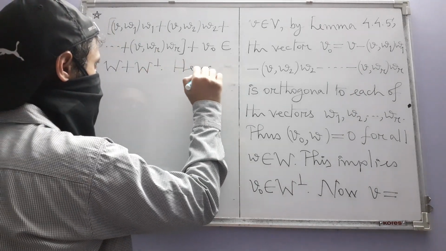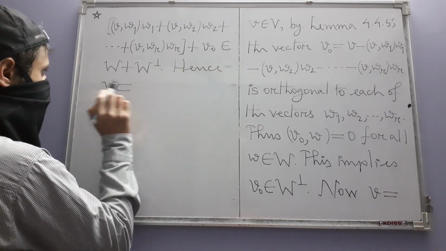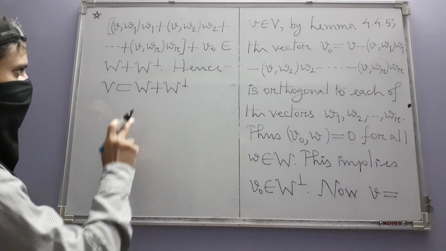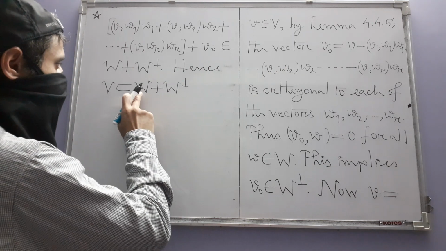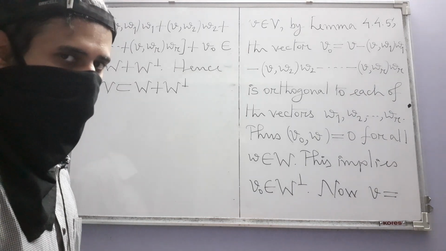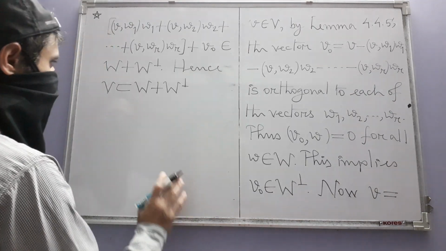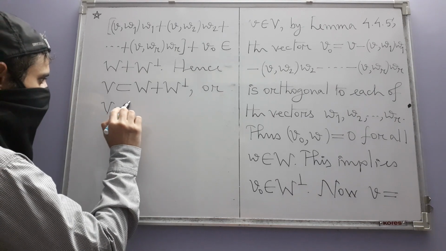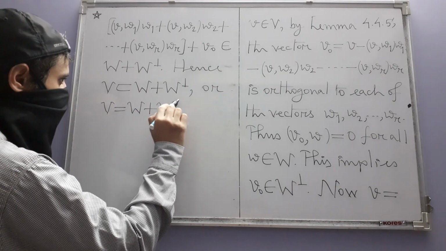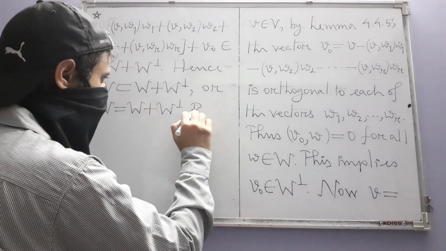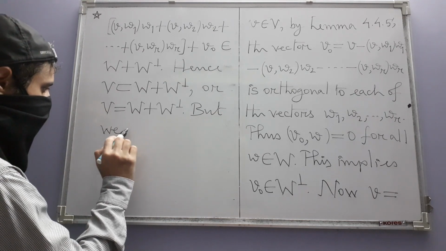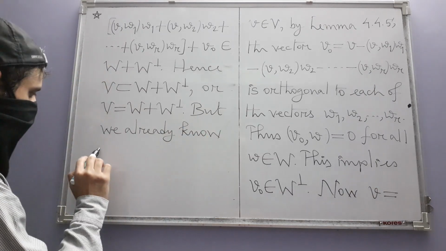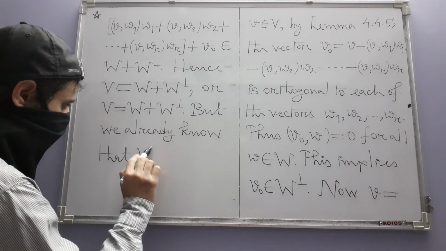Hence, V is contained in this sum, but of course the sum is also contained in V, since it's the sum of two subspaces of V, both of which are being subspaces, they are subsets of V. But we already know that